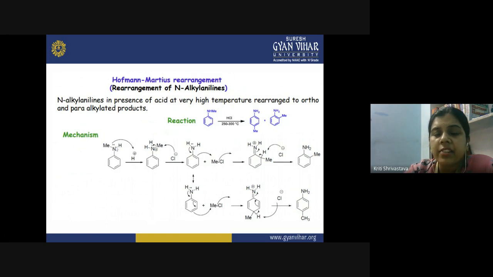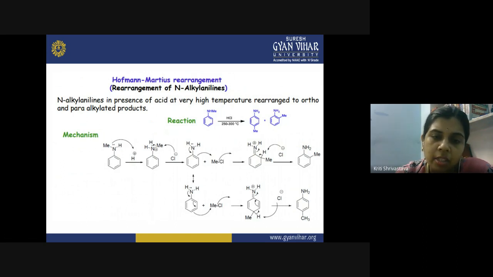And finally, there will be an unstable bond formation between the proton and nitrogen. So you have NHH and Me. These three are attached here, and the movement of the formal positive charge would be in the opposite direction to the electron. So the positive charge will come over the nitrogen.